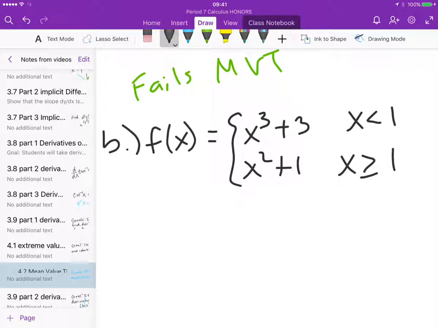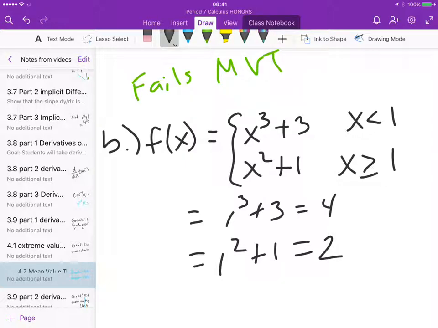The limit as x approaches 1 from the left-hand side, where x is less than 1: 1 cubed plus 3 equals 4. And then 1 squared plus 1 for the right-hand side is equal to 2. And so that's not going to work. So this is not continuous and will fail the mean value